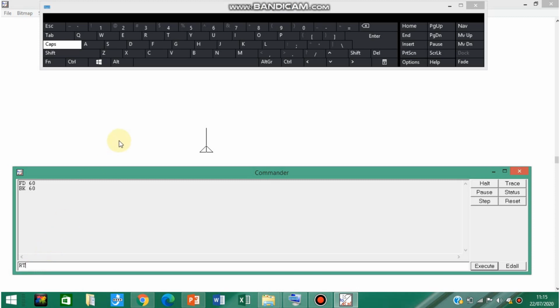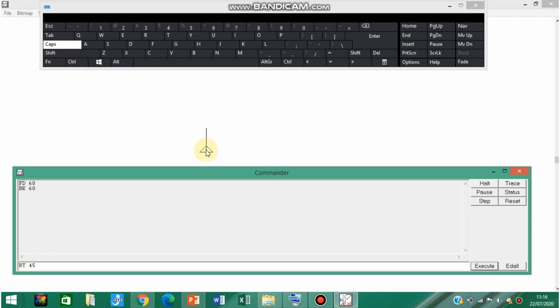So if you write RT space 45, your turtle's head will move in the clockwise direction, clockwise means right direction, by the given number of degrees. Here the number of degrees I have mentioned is 45.